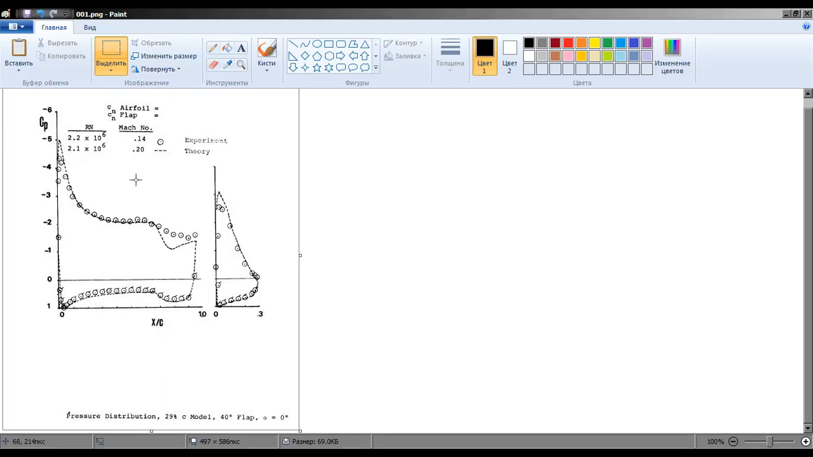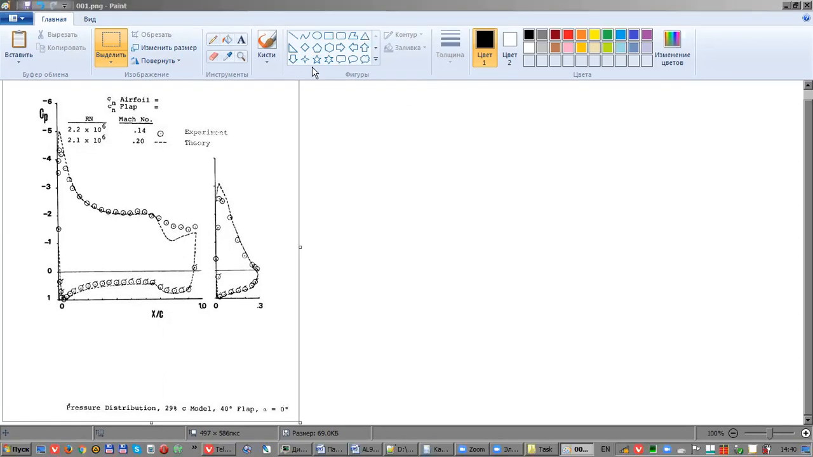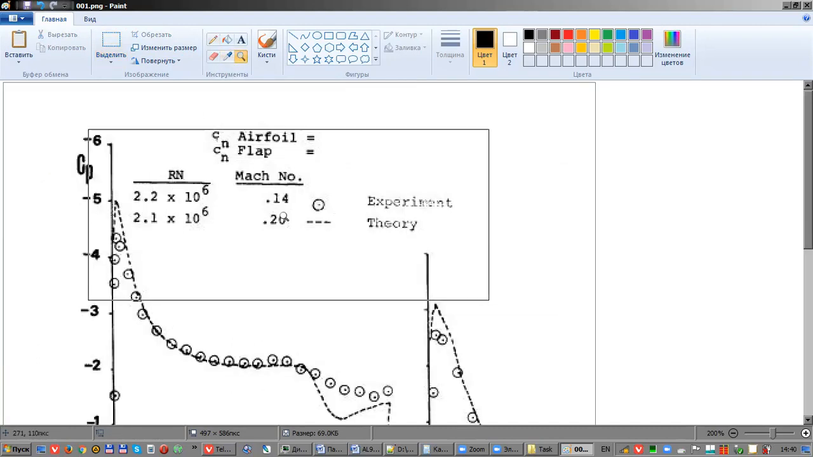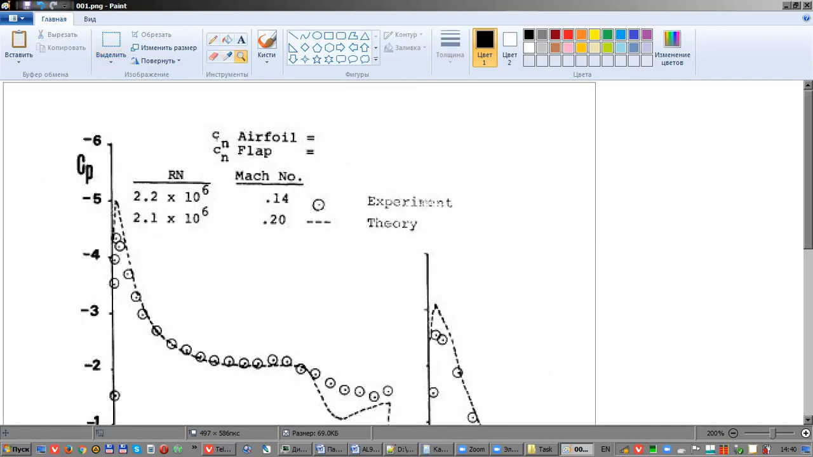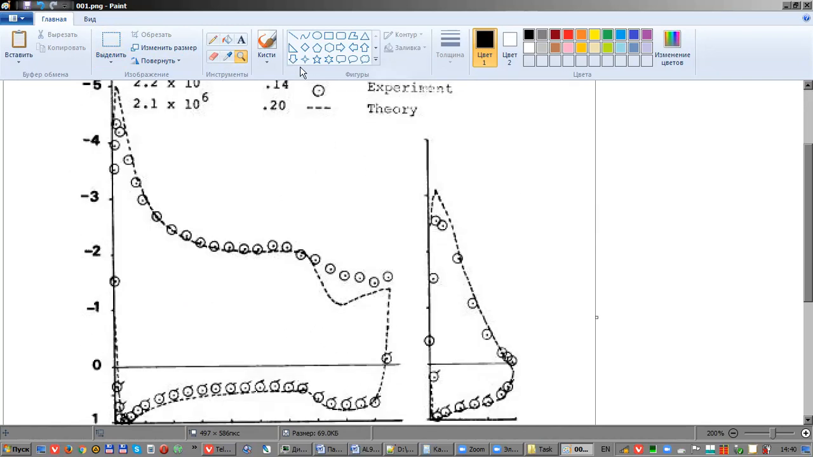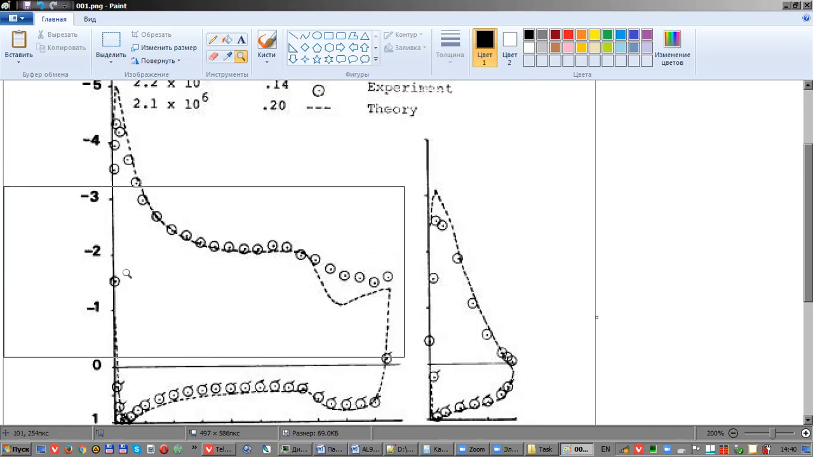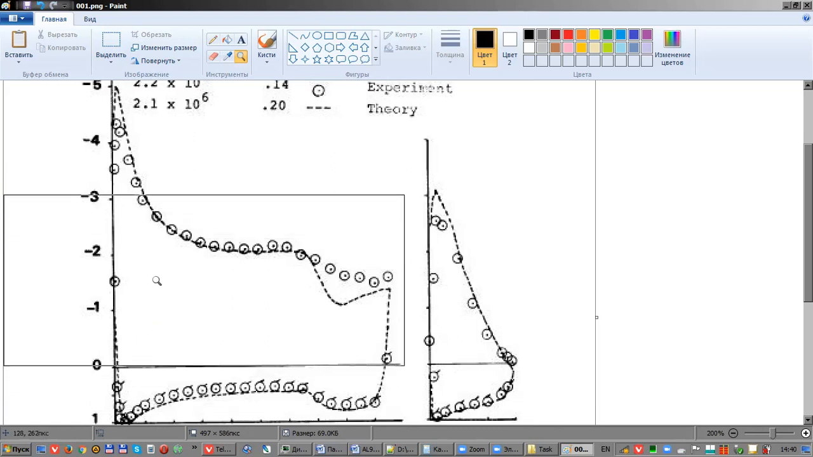From this picture, we need to collect these data points. We have a thin line, yeah. This line is for theoretical computation, and we have experimental points from the wind tunnel. So as our course is related to the wind tunnel, we use points from the wind tunnel, and we need to get this